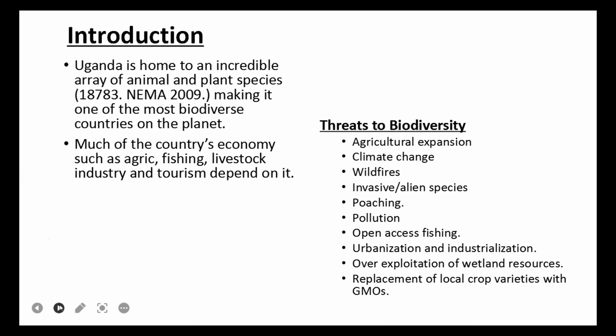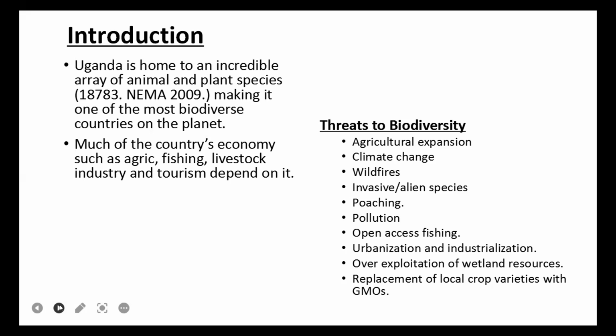We know Uganda is a very credible country which has an enormous array of animal and plant species. As quoted by the NEMA document of 2009, we have about 18,786 species, making it one of the most biodiverse countries on the planet. So Uganda is rich, blessed with this, and we are proud to have so.